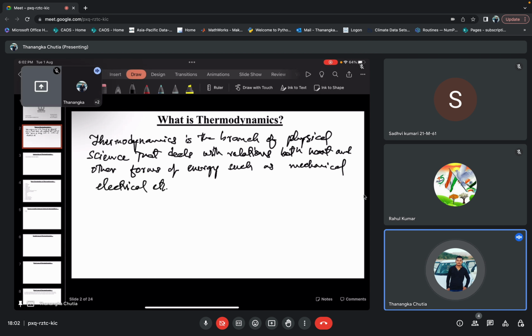We have a lot of physical sciences, so the subject that basically deals with heat and the interaction of heat with different other forms of energy is what we call, in simple terms, thermodynamics. Now the term thermodynamics is